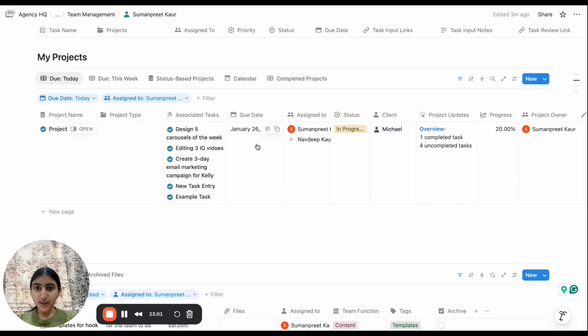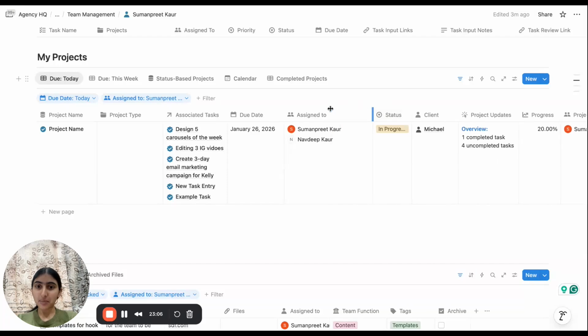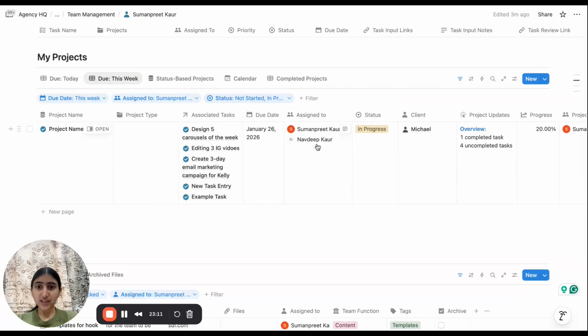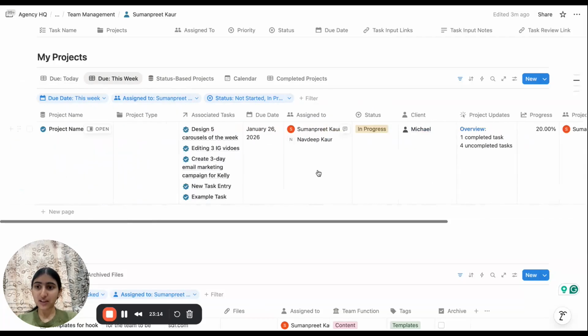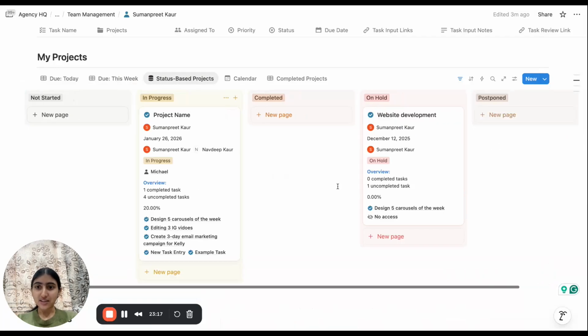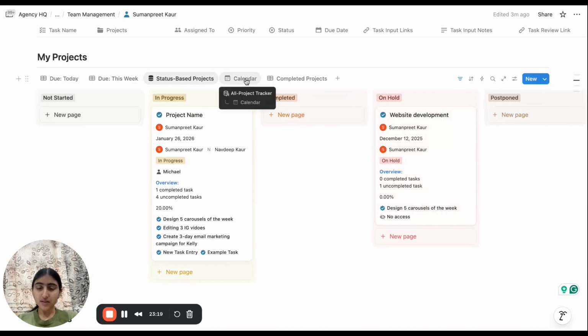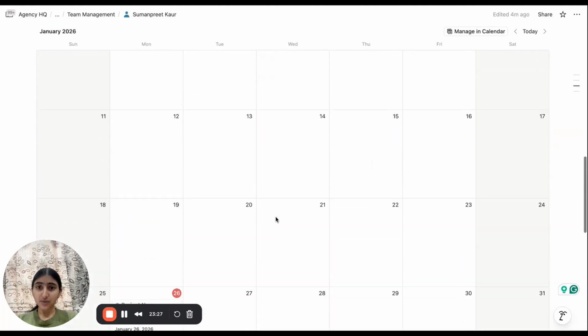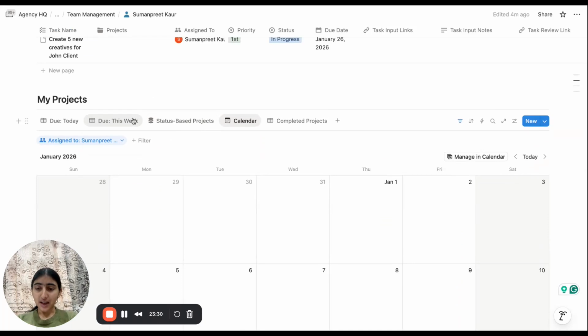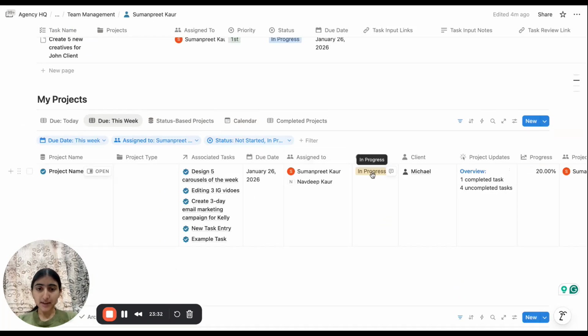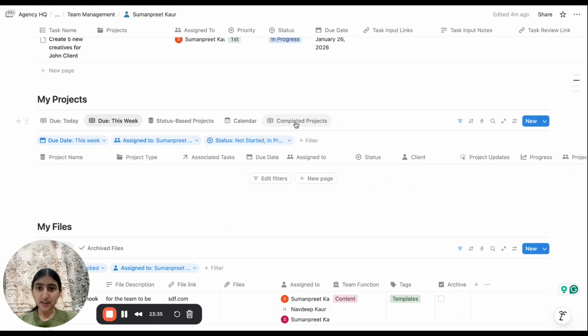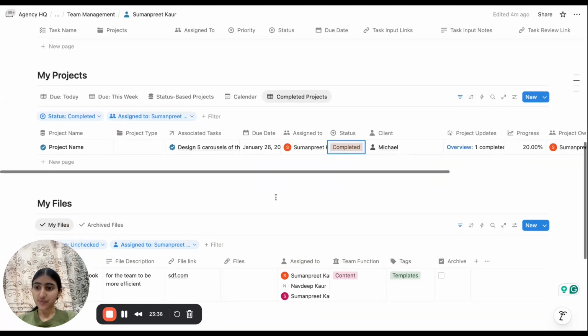And then you can see that the projects are visible where this team member is assigned. Okay, and now this is the project space which is showcasing the projects that have a due date this week. Here I can see all of the projects, the project health where I am assigned, and here I can see projects in the calendar view if I need to. And let's say I mark it as approved or completed, then it is moved to the completed section.